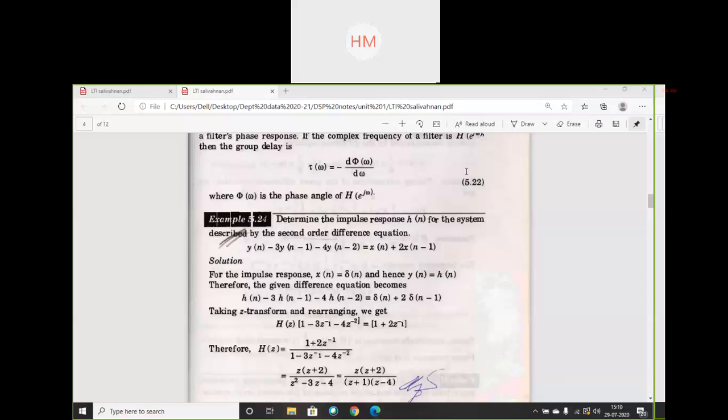So have you simplified or not? No one is responding. I'm not getting. Have you simplified, students? You got this equation or not? H of z. Yes, Aditi, Avantika, Amisha said yes. So is it easy to get this equation h of z?